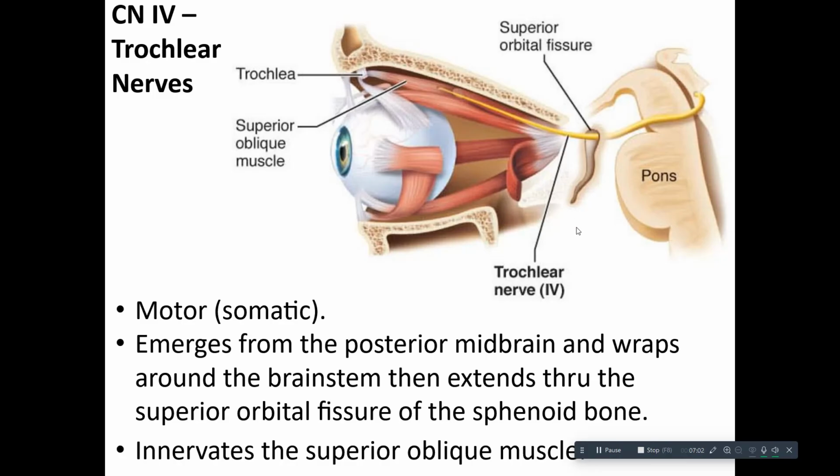Number 4 is the trochlear nerve. Weird in that it comes off the back of the midbrain. So all my brainstem nerves come off the front or the side. This is the only one to come off the back. Comes off the back of the midbrain, goes around the brainstem through that superior orbital fissure of the sphenoid bone, then synapsing with just one skeletal muscle called the superior oblique, which is going to help roll your eye kind of down and